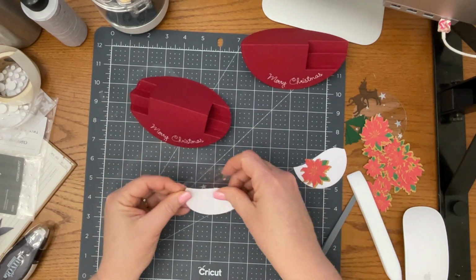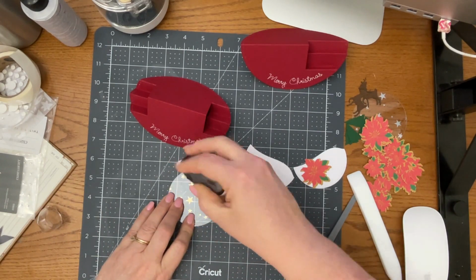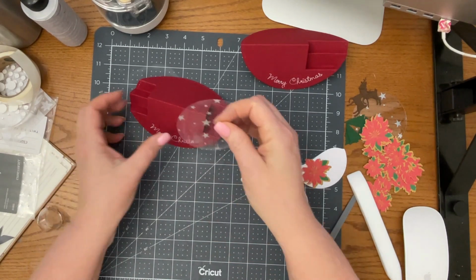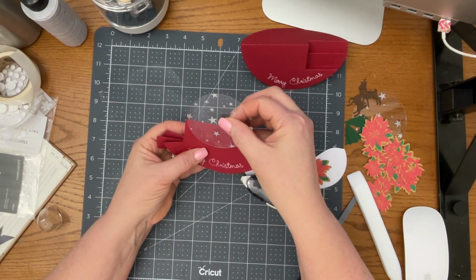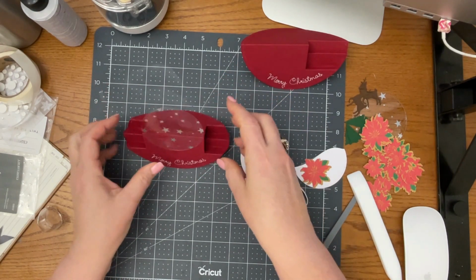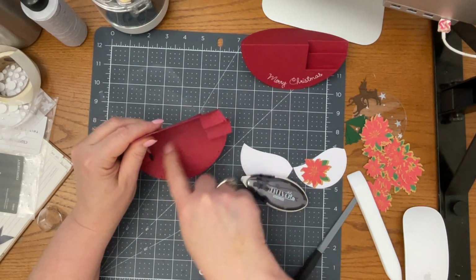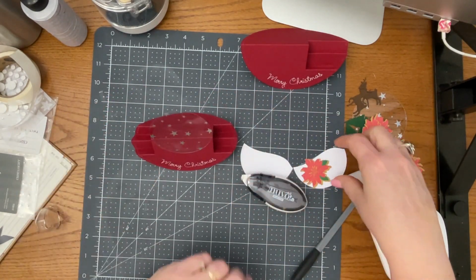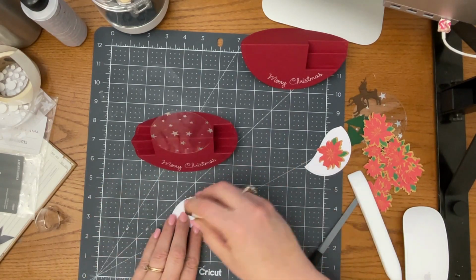I'm going to go on top, so it doesn't matter. So I am going to put a little bit of tape runner. Now you can use glue, whatever it is that you want to use. And I am just going to place it down here, give it a press. And you can also cut a white square, whatever you want, round it off at the corners, and put your sentiment on the inside. And then I'm going to take one of my little